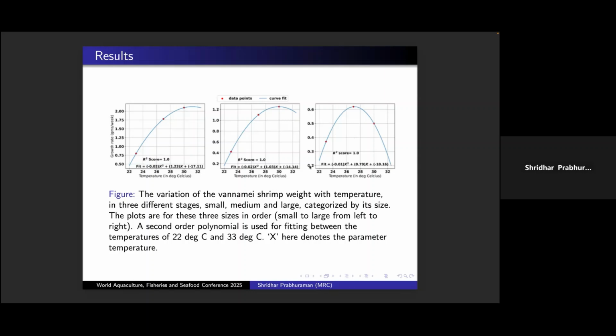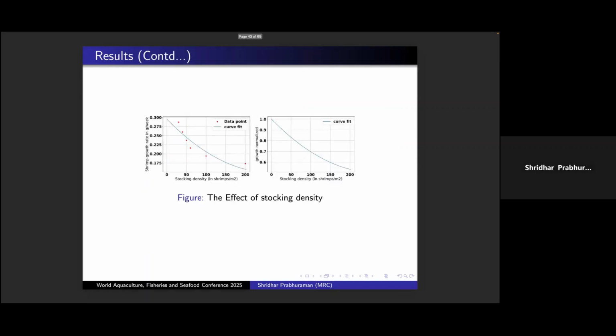And these three are dynamically switched in the model. Every single day we calculate what is the growth rate, and we take the input of what is the size of the shrimp and so on, and what is the overall weight of the shrimp, sorry. And taking that into consideration, the model switches between whether the shrimp is currently small, medium, or large. And the polynomial that we have created for each of these three different shrimp sizes are switched